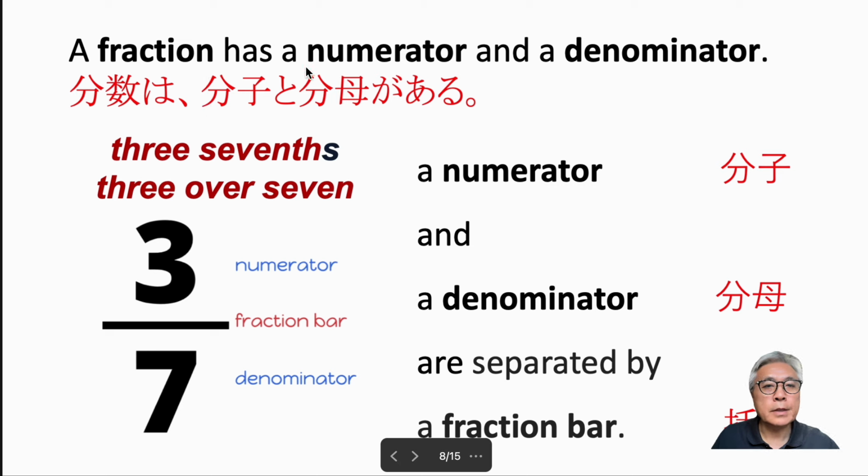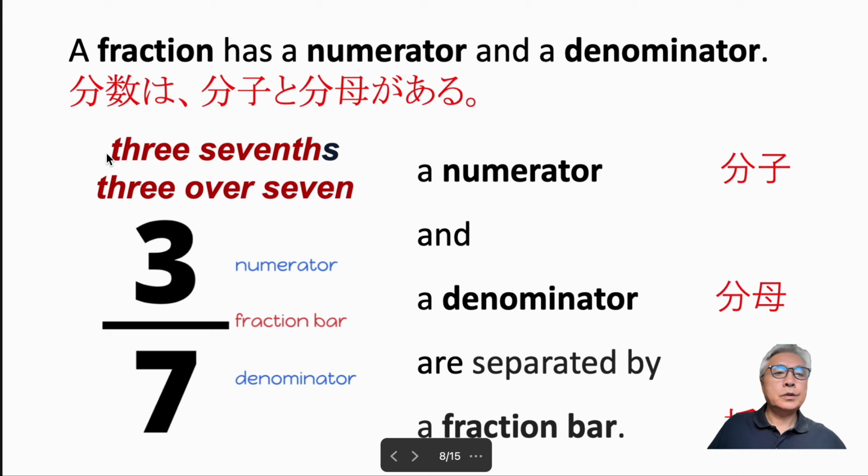A fraction has a numerator, 分子, and a denominator, 分母. A numerator and a denominator. It's very difficult to pronounce numerator. Please say numerator or denominator. Very difficult. Later practice yourself. 分子と分母があります。